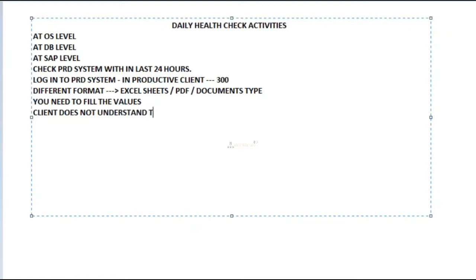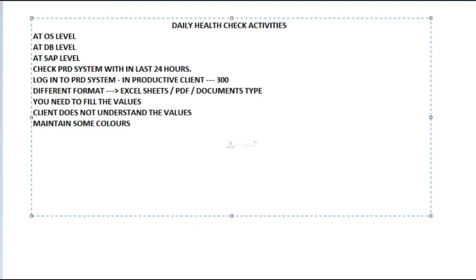Client does not understand the values. So for that purpose, in every sheet, what are the values you are maintaining? For every value they will maintain some colors.